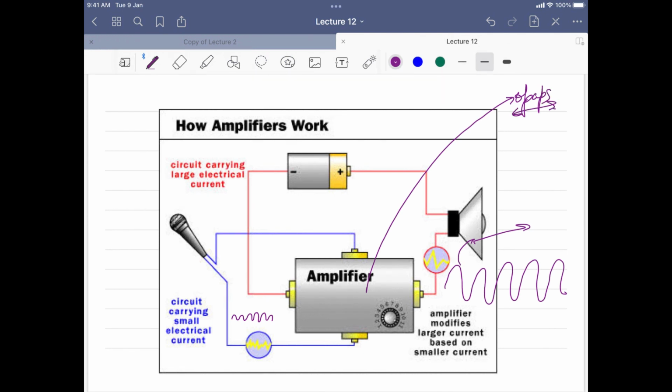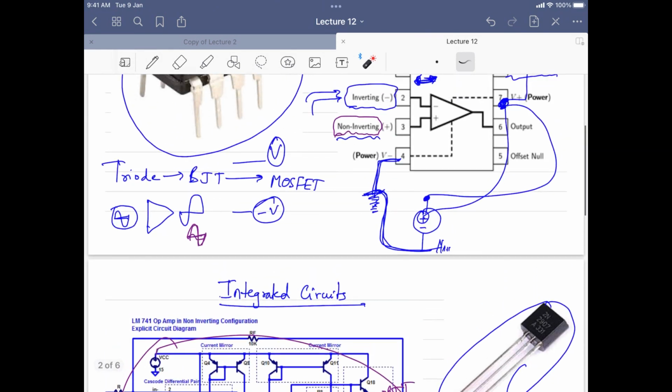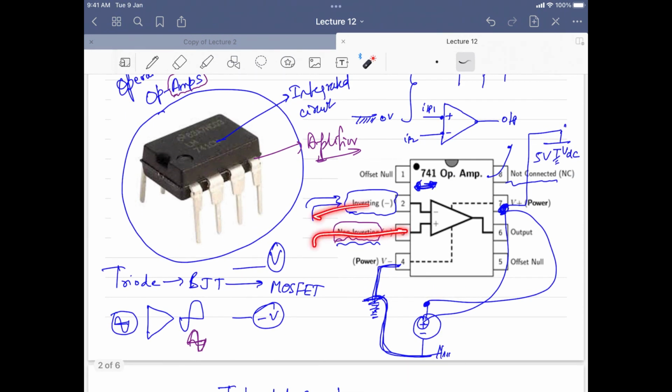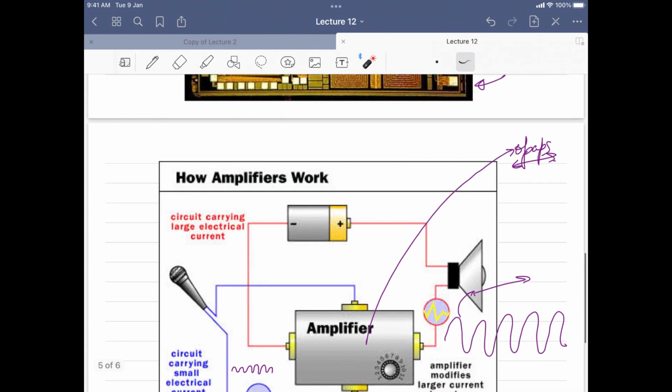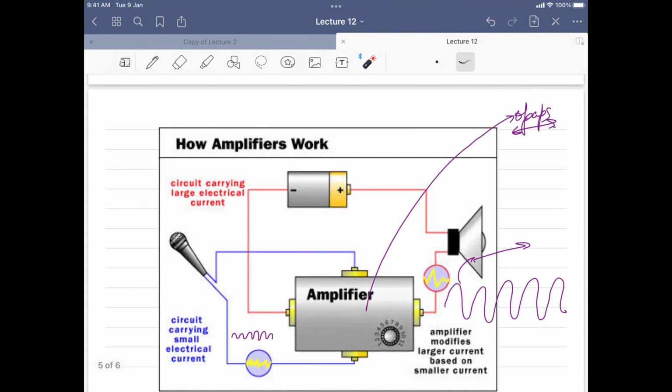Okay, so basically the operational amplifier's main purpose is to amplify the voice signal which is fed into it. This microphone will be connected here or here, depending upon the way you are designing it. So these are the inputs, and here you will connect the loudspeaker at the output. Okay, so this is the amplifier concept. Any questions here? So this is quite easy, right? There is no problem here.